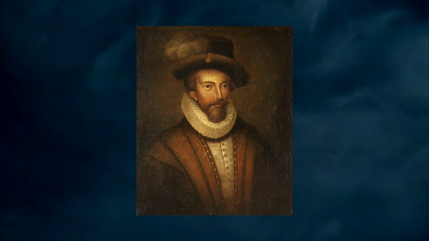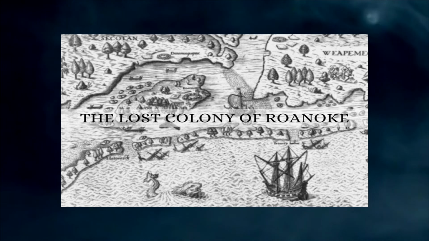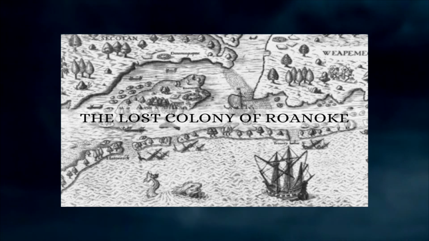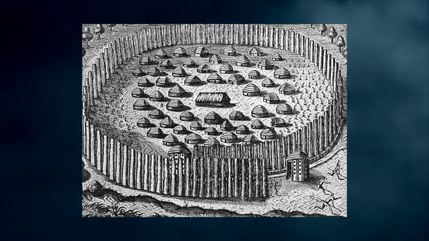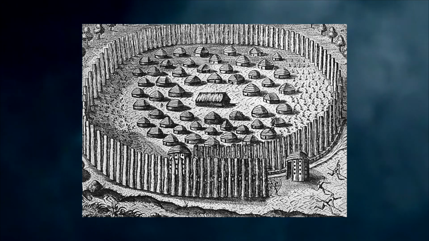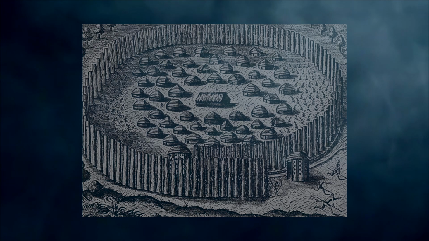So in May 1587, the colony set sail for Roanoke Island, and they would arrive in July 1587. As soon as they made it to the island, they did start to create their settlement, build their villages, and so on. They did have some conflict with local Native American tribes, and that mostly came from the previous colony that had tried to settle there in the area. They had not been kind at all to the Native Americans, and had already started to create that tension.